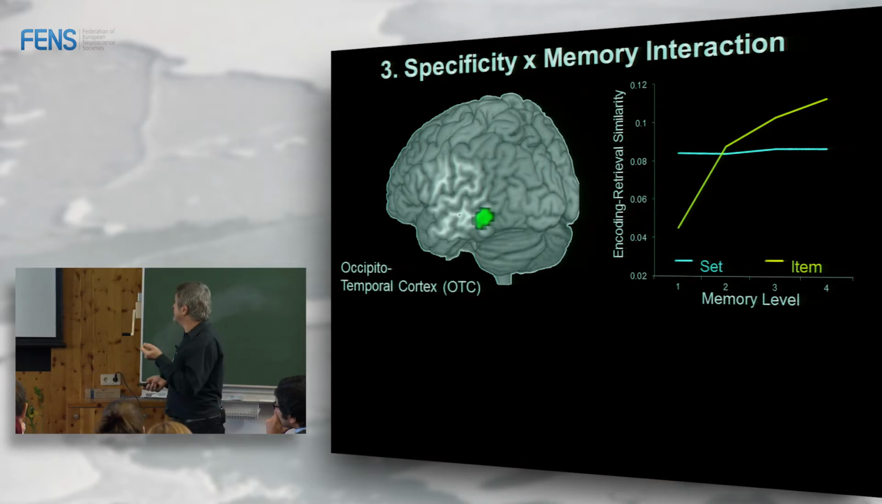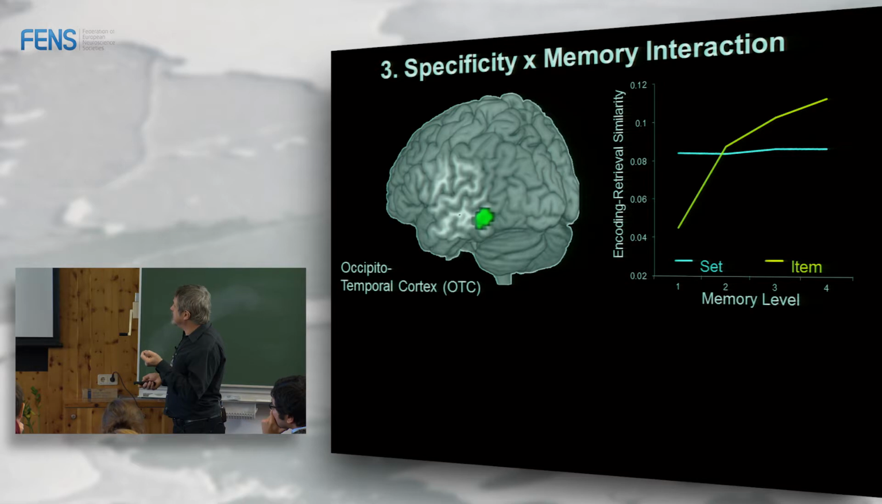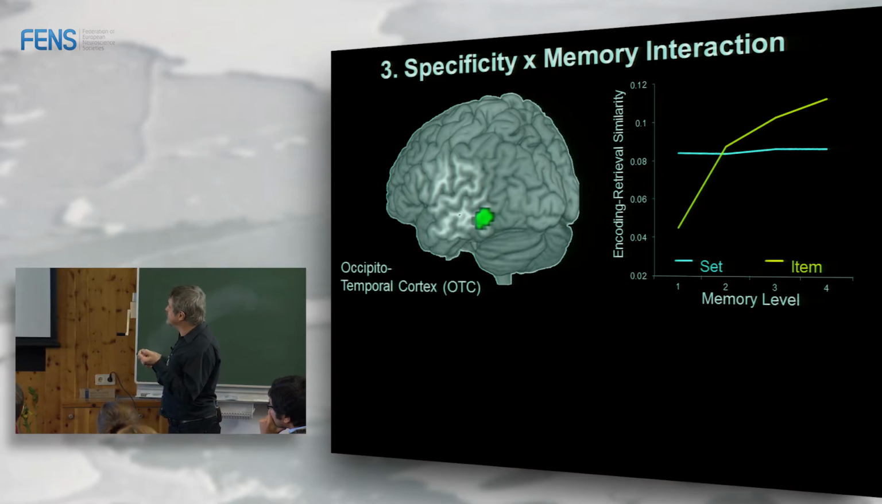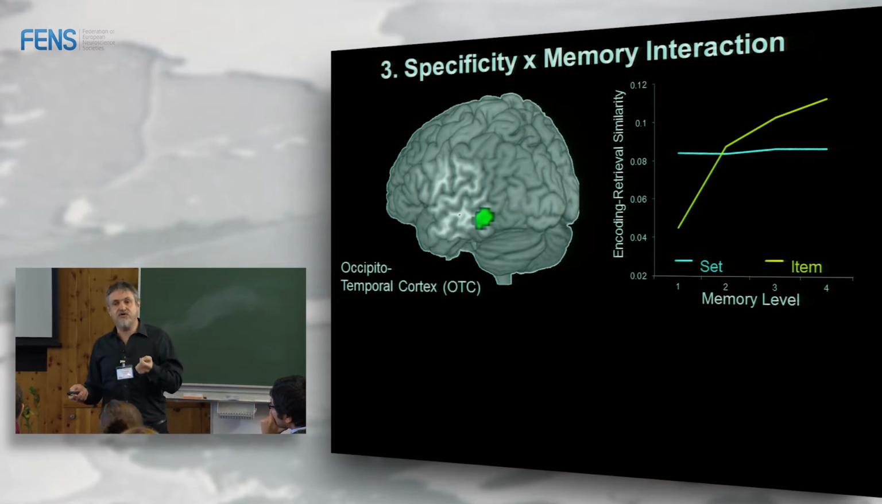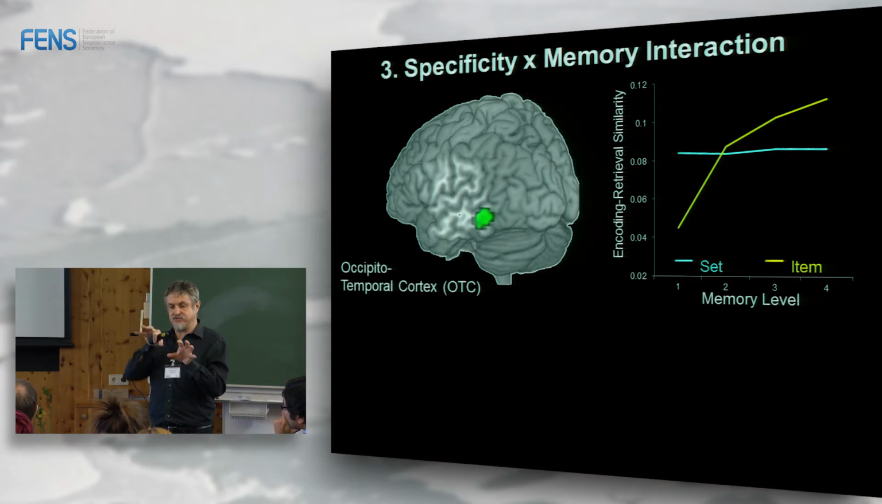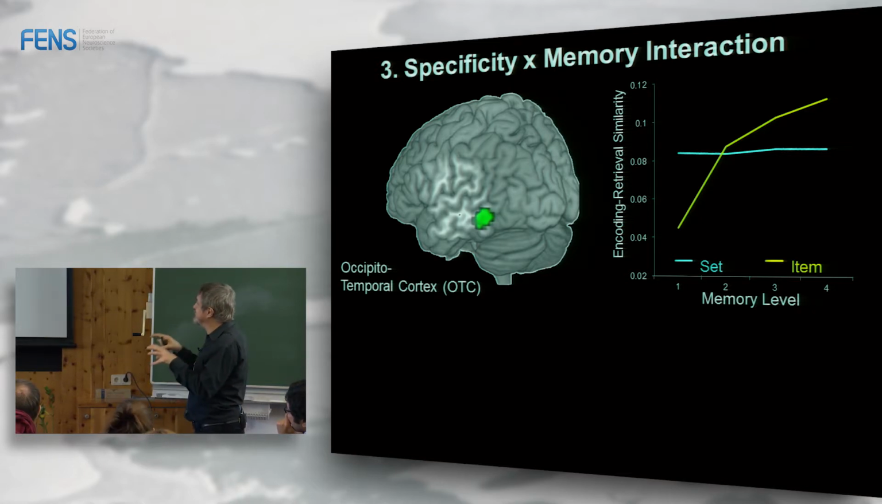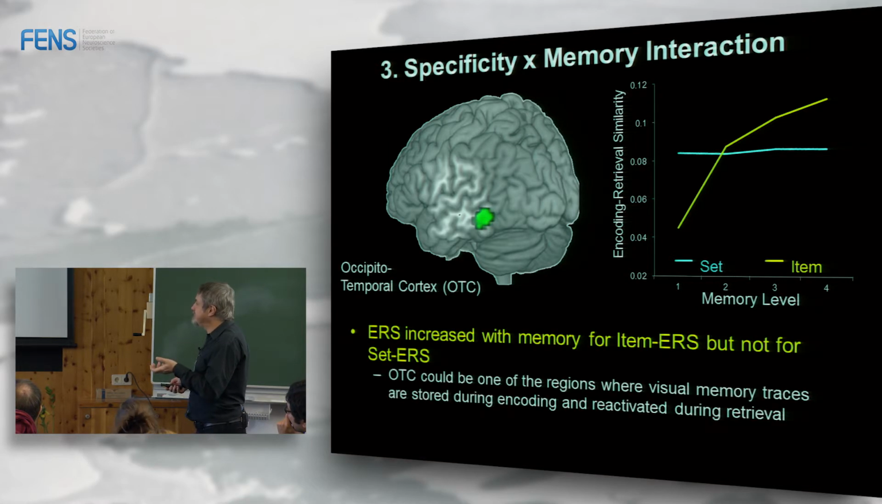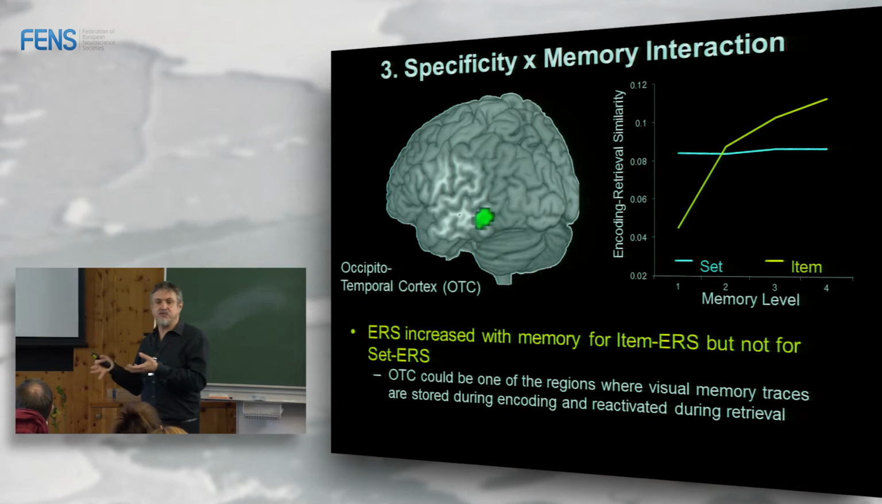But finally, the main finding of the study was this interaction, in which we get regions where encoding-retrieval similarity increases as a function of memory, but only for item and not for set ERS. That means this region is only helping memory to the extent that your pattern of activity at retrieval matches the encoding for that particular picture. So for me, this is the key for describing a memory representation. I would say it makes sense to argue that this is one of the regions where the picture memory traces were stored. Now, you would argue, well, we're talking about the distribution of representations in the cortex,